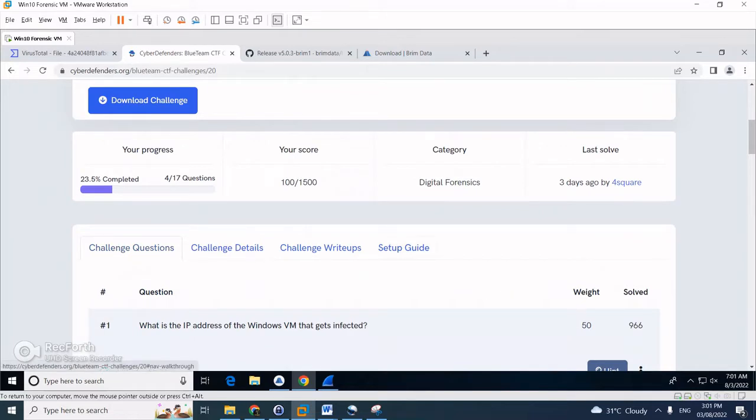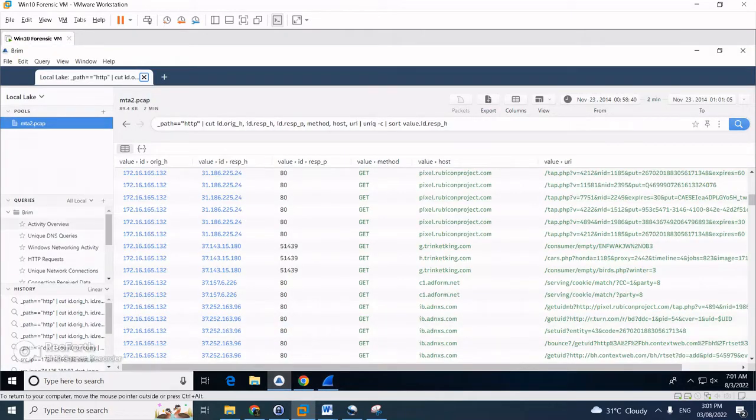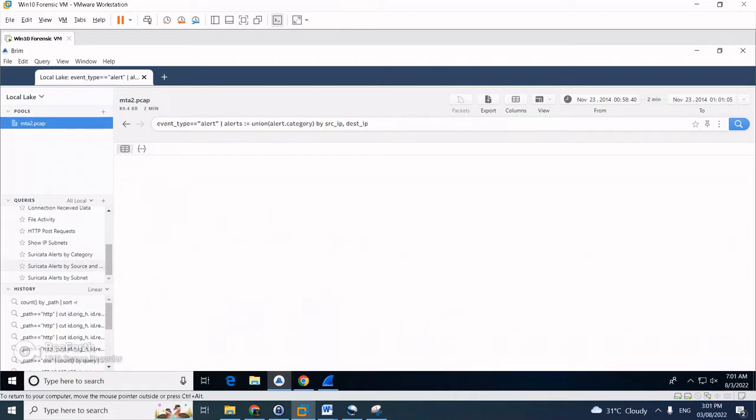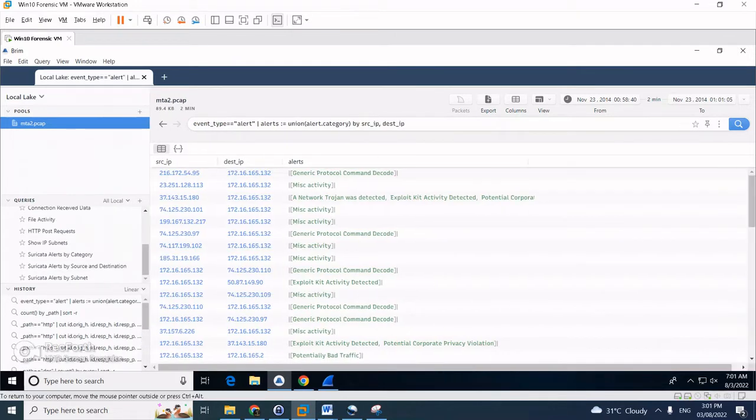Question 1, what is the IP address of the Windows VM that gets infected? So once you have it opened on the Brim, we can actually go to Suricata alerts by source and category. Right here, you have the quick overview of what's happening with the PCAP. And as you can notice here,